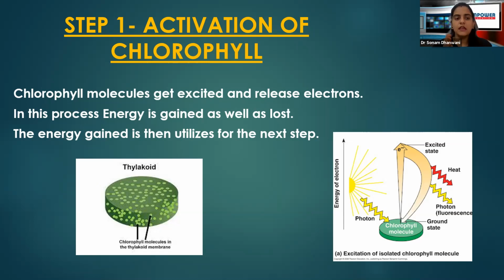So the energy which they have gained in this process, they use in the next step. What we need to know in the first step is that sunlight falls on the chloroplast, and the chlorophyll inside the chloroplast accepts the sunlight because it is the receptor. It will accept the sunlight and release certain electrons. There is some energy which is gained, some energy which is lost, and the energy gained is used in the next step, that is